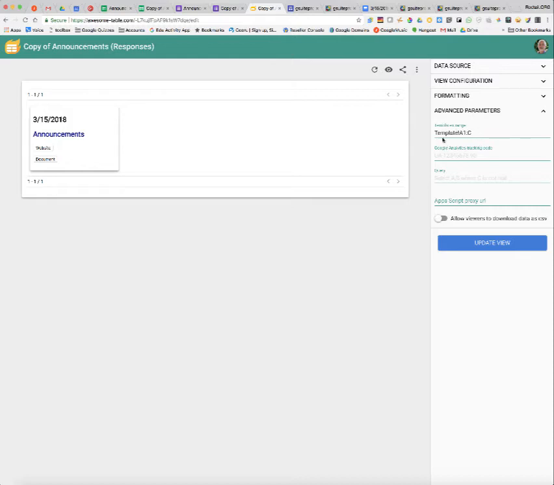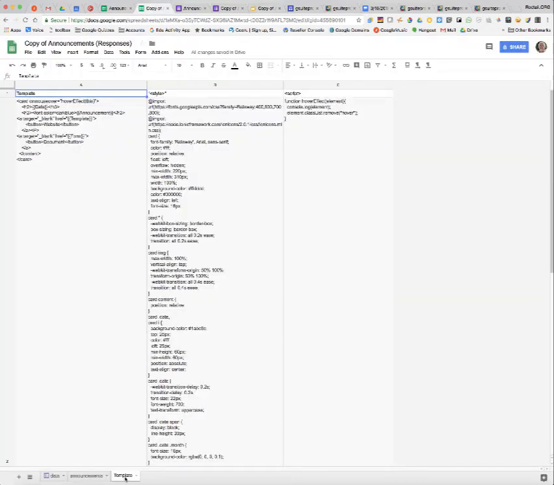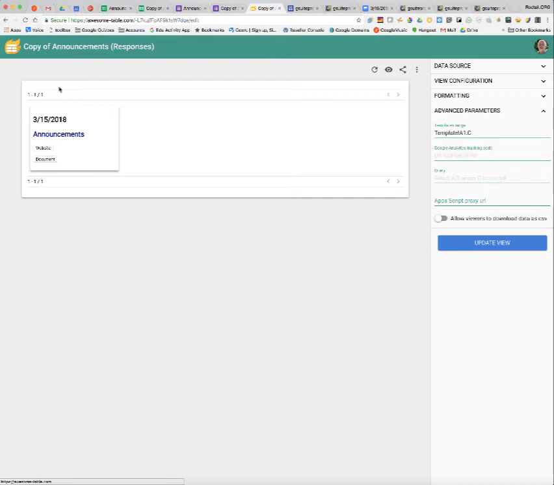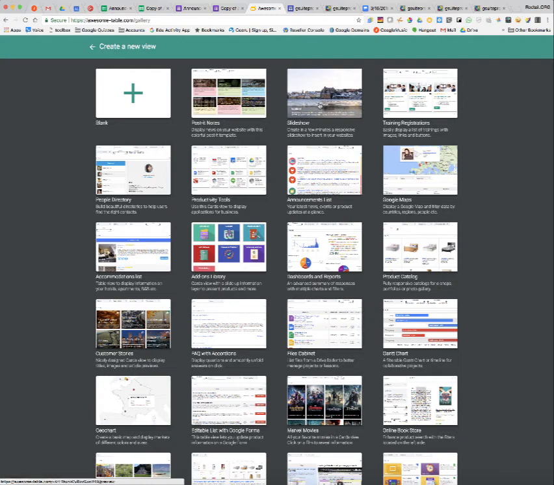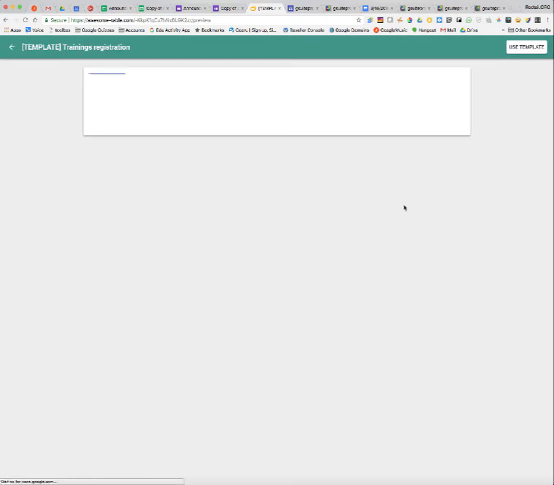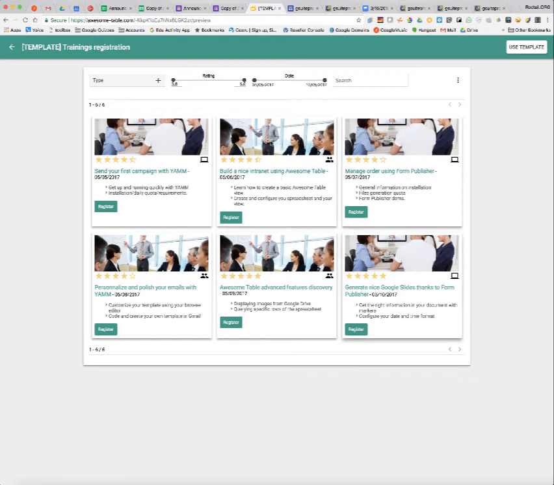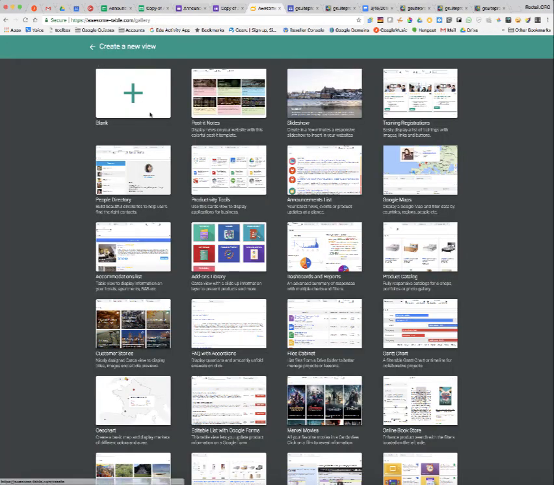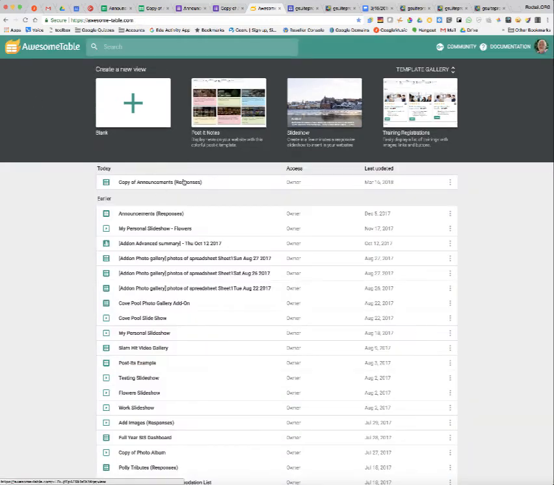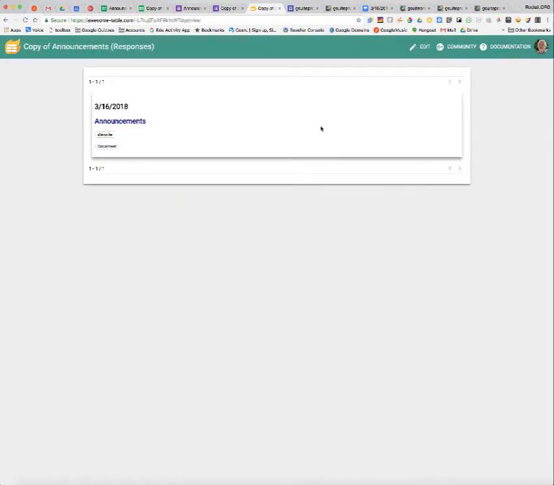As far as advanced parameters, you have to put in the template range, and that's the template over here on my spreadsheet. And that information I modified from, as I stated in the documentation, back here. I'm going to update this view before I go out of here. If I come back and take a look, I believe I used this training registrations template from Awesome Table and did some modification of it. So again, going back here and looking at my copy of announcements,